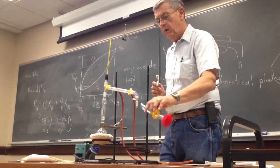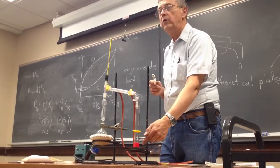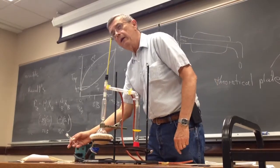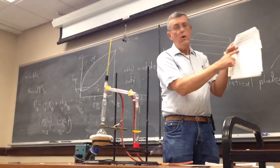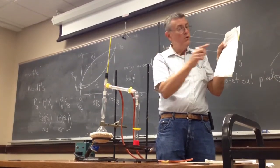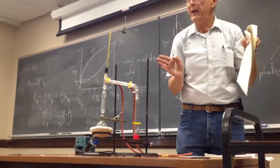cork this, put that up, and I'll collect 2 mils in there. And then I'll write the temperature down again. Then I'll collect 2 more mils in there. It'll read 4. That's what this is showing us. And then it'll read 6, and I write a temperature. And then 8, and I write a temperature. And then 10, and I write a temperature. Then I get the next fraction,